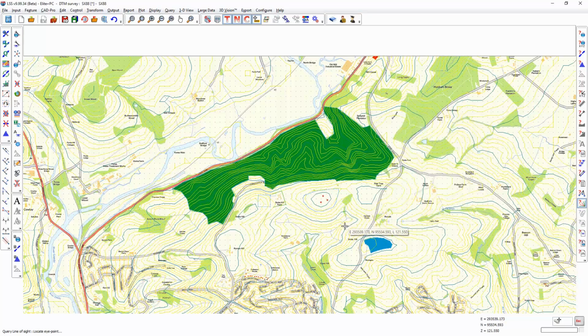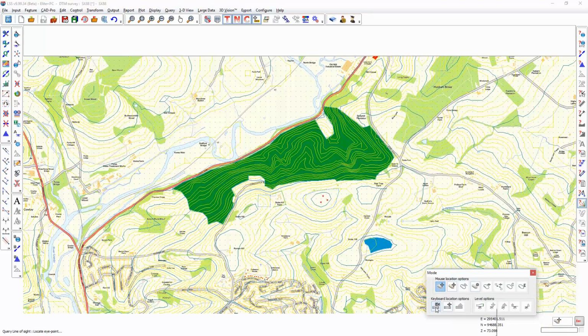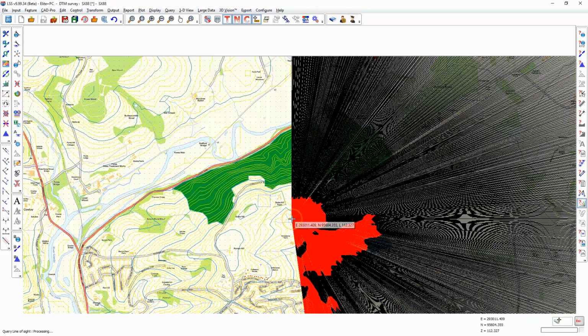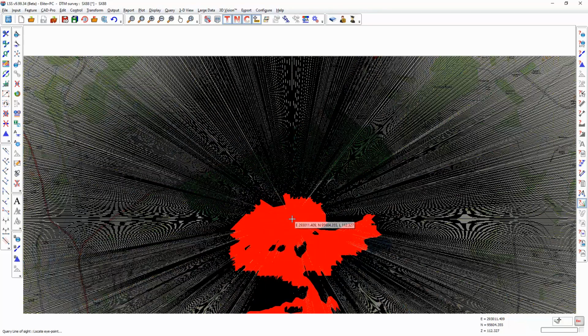We can now move the cursor to a specific location, either by eye or using mode, type in a coordinate for where we want to move the eye to, or indeed snap on an existing observation. As soon as we click with the mouse, the line of sight ray is drawn, and all of the red